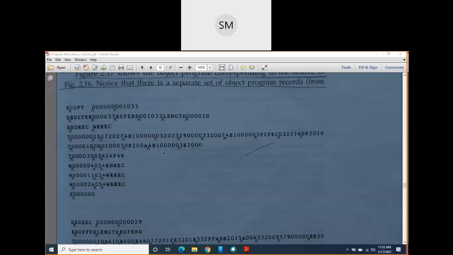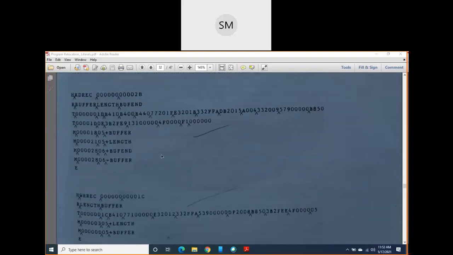Okay. But if you write one more object program for the next control section, that is RDREC, it looks like this. For RDREC also, we assume that it starts at address 00, because in COPY we have made RDREC and WRREC external references, and the COPY control section does not know about the starting addresses of RDREC and WRREC.